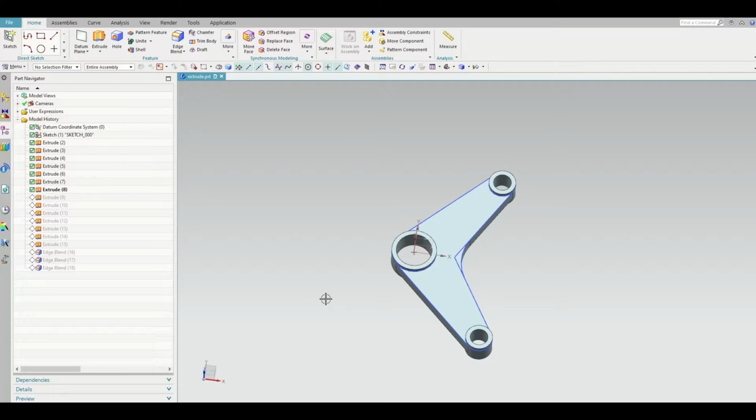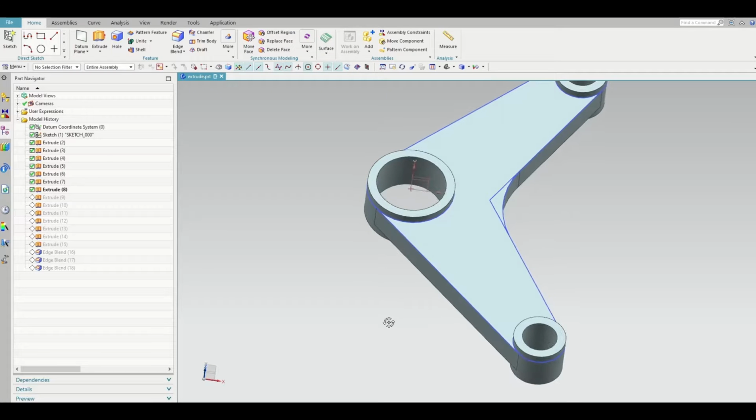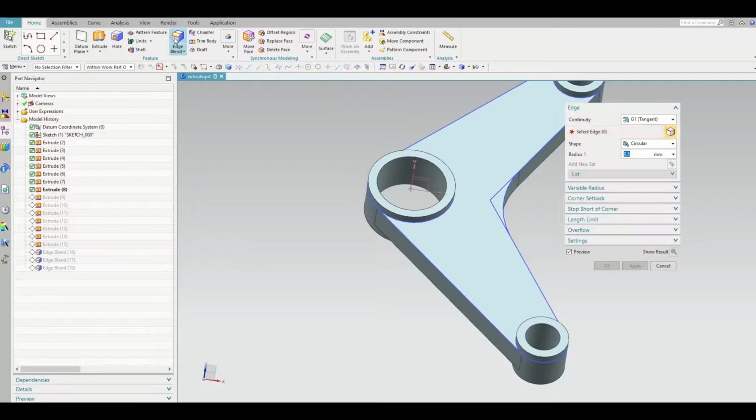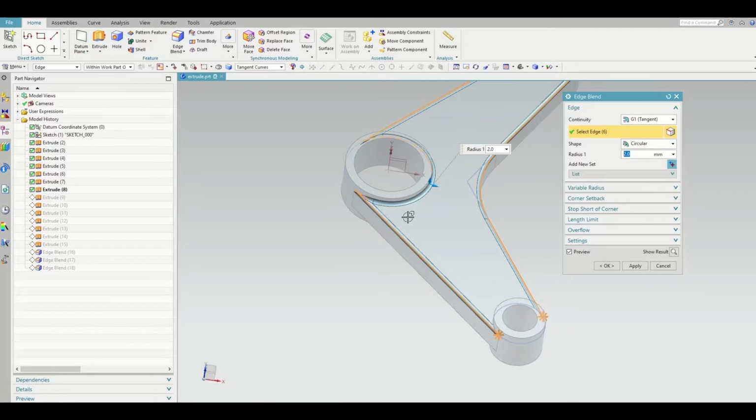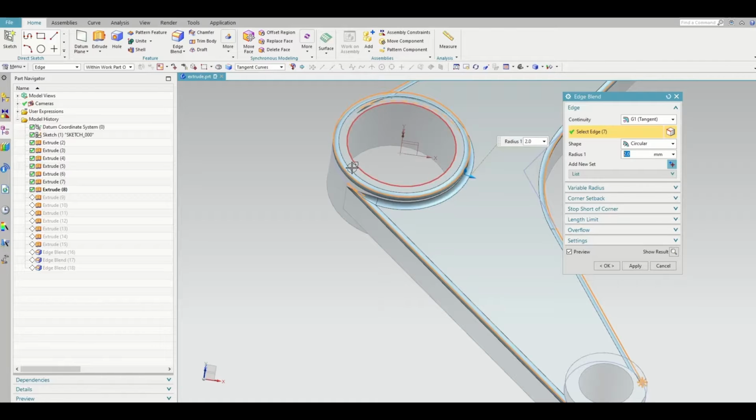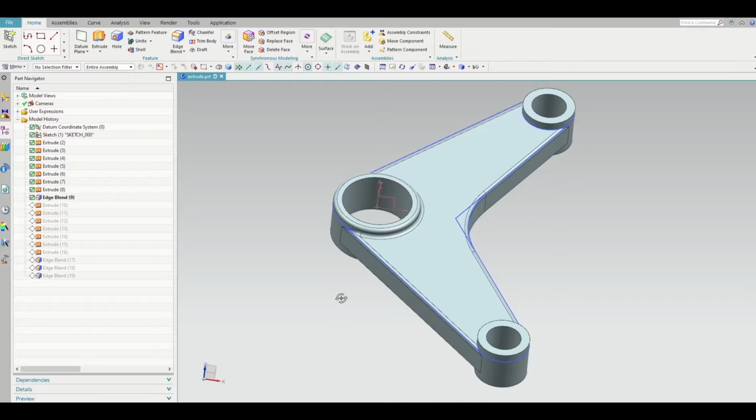I think maybe you understand how to use this extrude command in NX very well. Then we give some radii here.